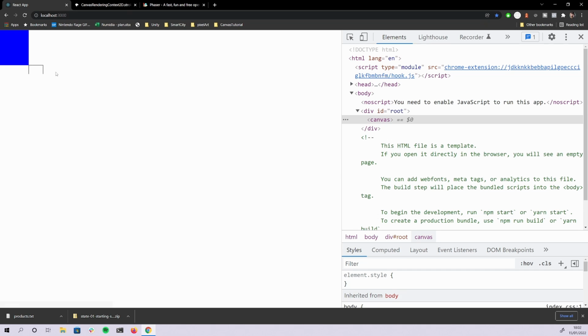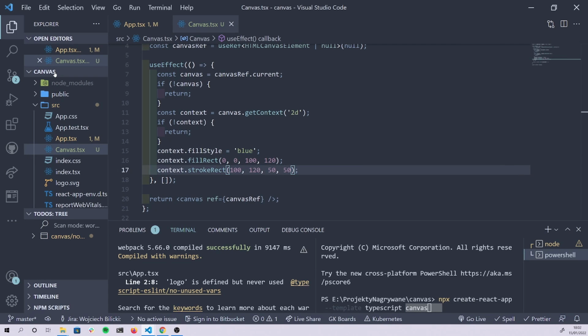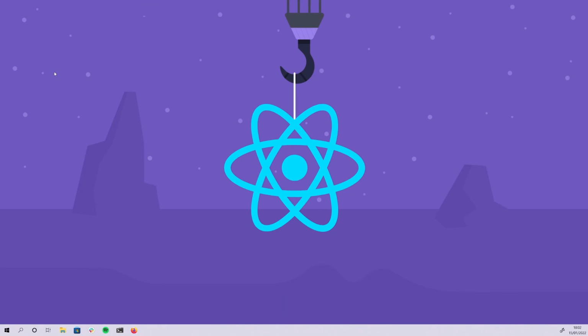So one important thing you have to be aware of is the size of your canvas and the coordinate system in which you're drawing. And what I mean by that